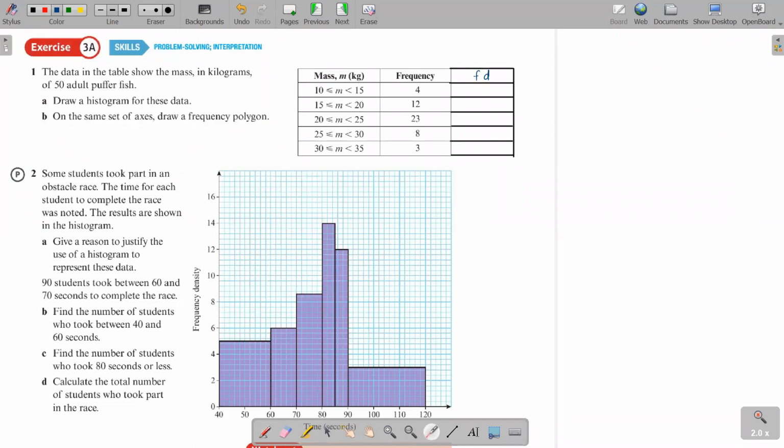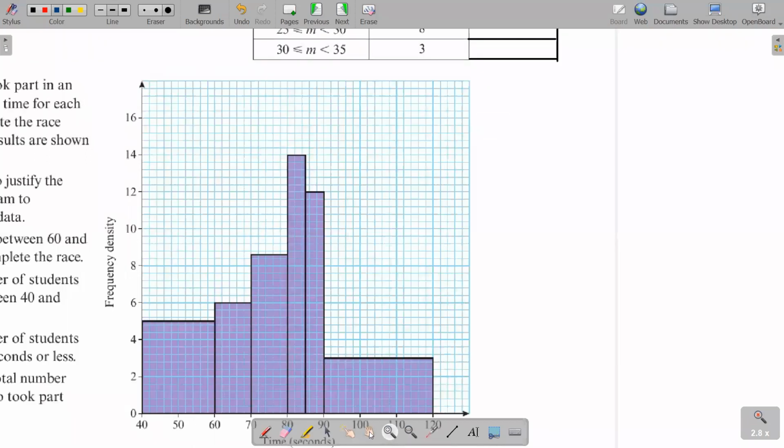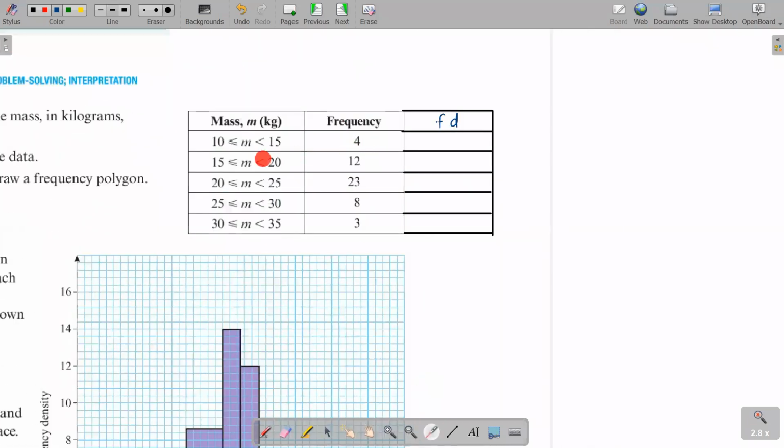Frequency divided by class width. Over here, the frequency is 4 divided by class width; 10 to 15 means class width is 5. So 4 divided by 5, frequency density is 4 over 5, the decimal figure 0.8. The next one, frequency divided by class width. Frequency is 12, class width 15 to 20. Again, class width is 5. So 12 divided by 5, how much? 2.4. And the next one, frequency is 23, class width 20 to 25. Again, it's 5. So 23 divided by 5,